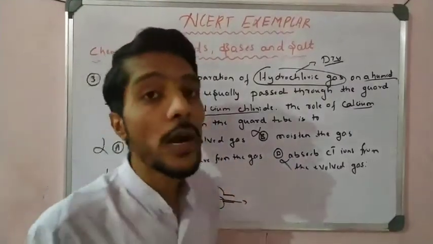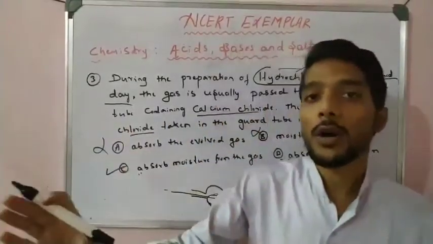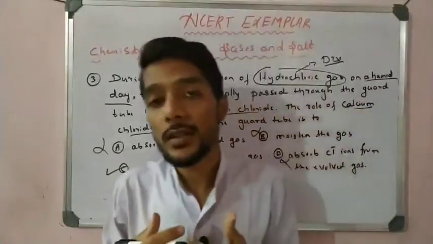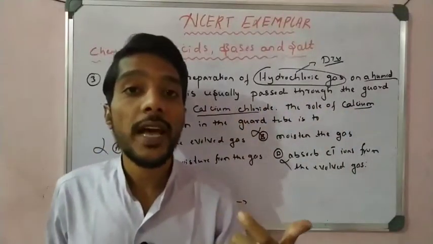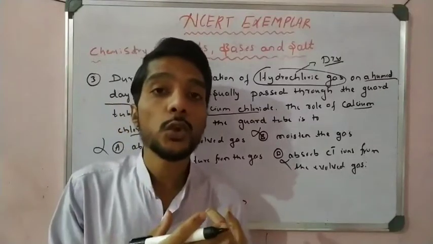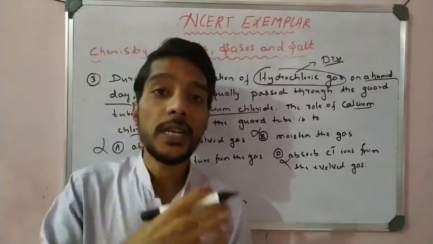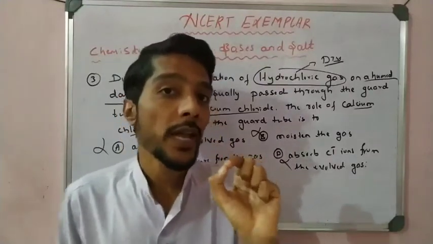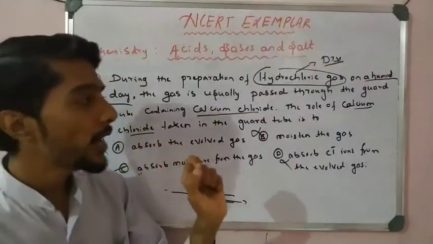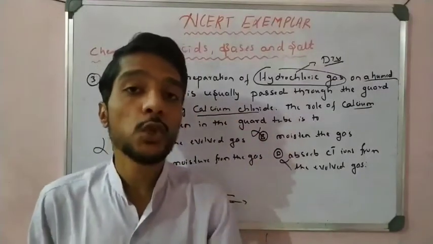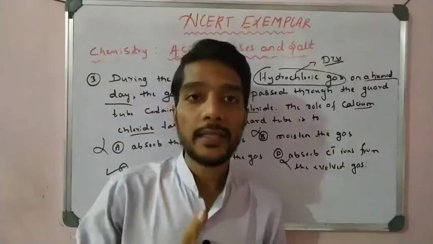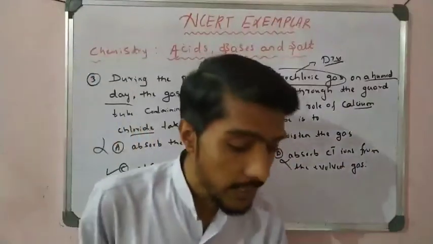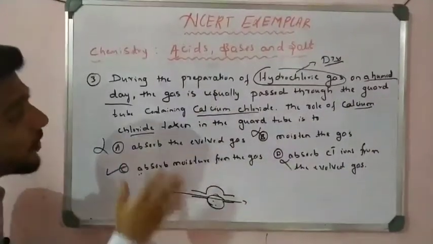Why? Because we require dry HCl gas, we must remove the water droplets. How do we remove them? By using simple calcium chloride. In the exam, maybe they ask in reverse: which compound is used to make HCl gas into dry HCl gas, or which compound is used to absorb the moisture present in the HCl gas. So you must remember the compound name, calcium chloride, CaCl2. CaCl2 is used to absorb the moisture present in the HCl gas. Remember the naming and their function. That is very important, students, a very important question in the examination, so please mark it as very important.